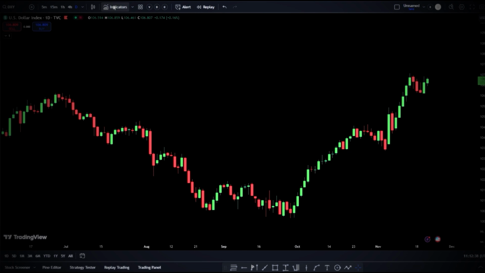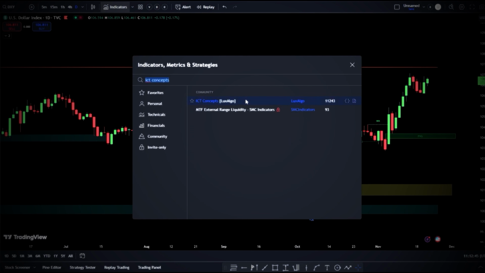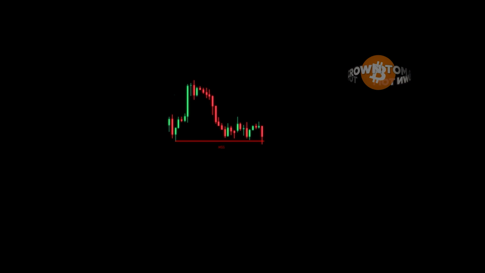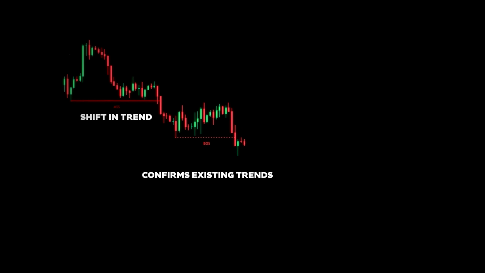To find this, go to tradingview.com and in the Indicators tab search for ICT concepts and make sure it's by LuxAlgo. This indicator covers a lot, but we're going to start with market structure. Market structure forms the basis for this indicator, making it easy to recognize shifts in trends and confirm existing trends